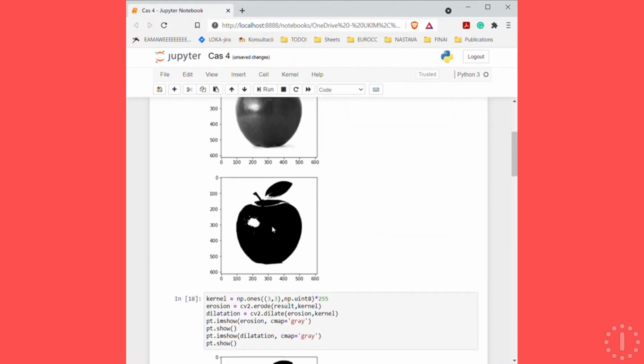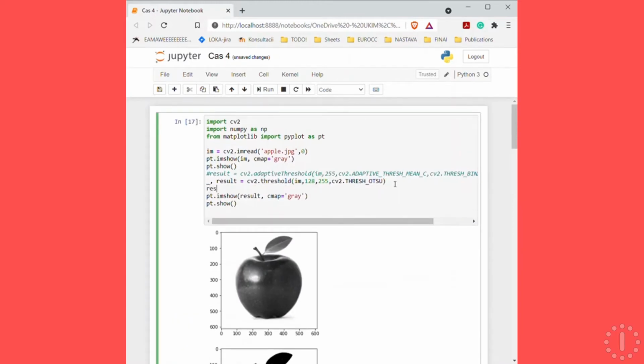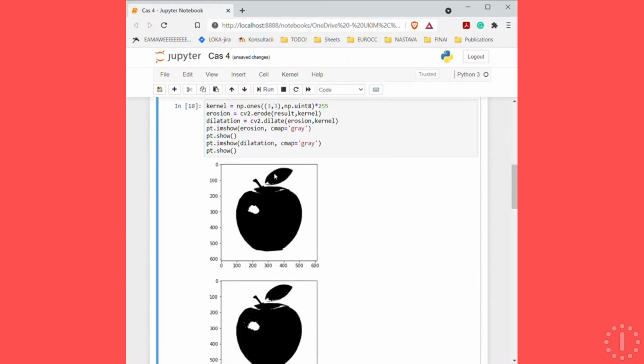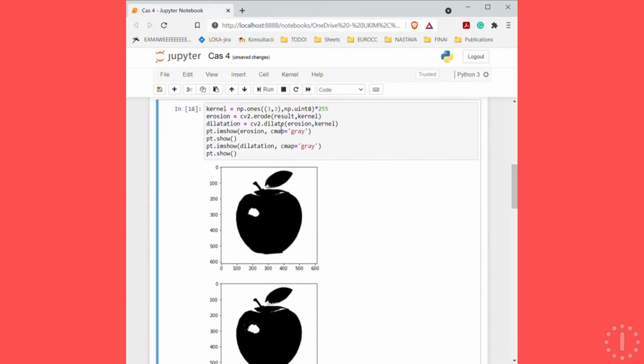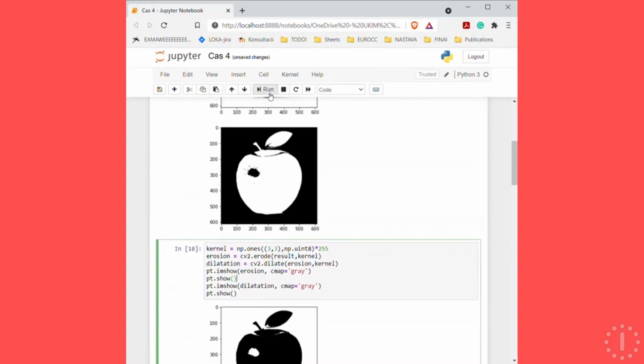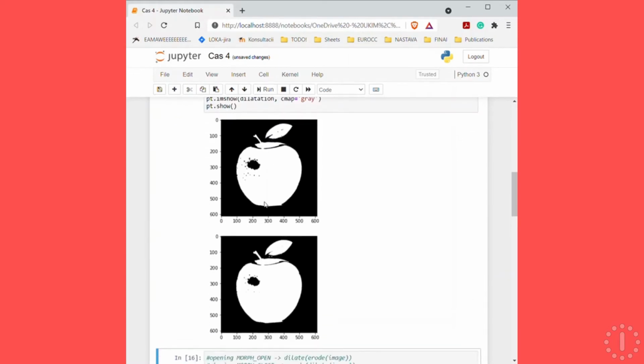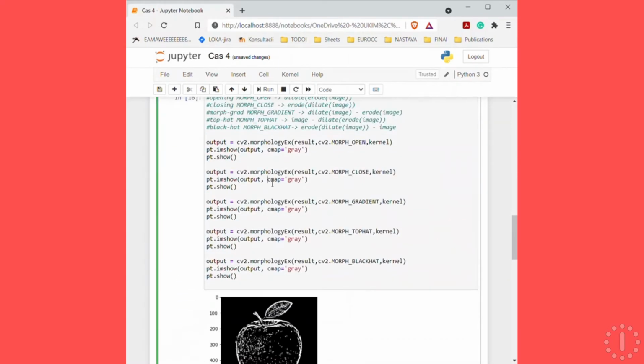So here is the threshold that I would invert the image first. So let's go like this so that I get an inversion of the apple,